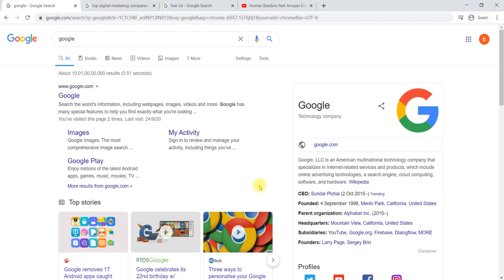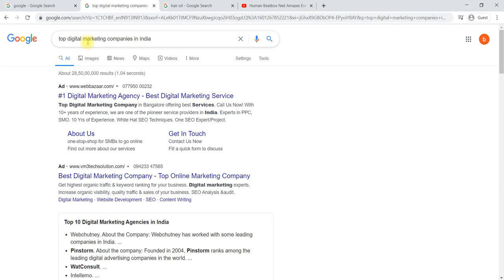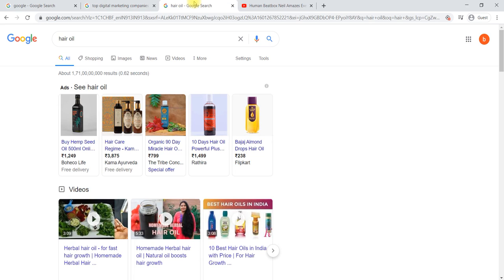Now we are going to learn how to create ads in Google, paid ads. It is not free; these are paid ads, like when someone is searching for courses, the search ads are shown. If someone is searching for hair oil, the shopping ads are shown.